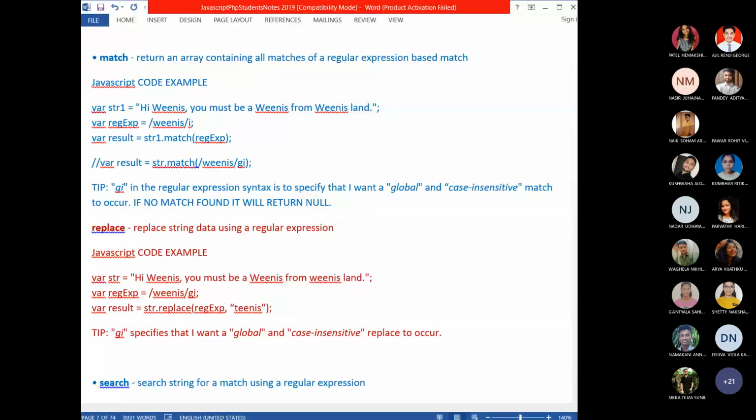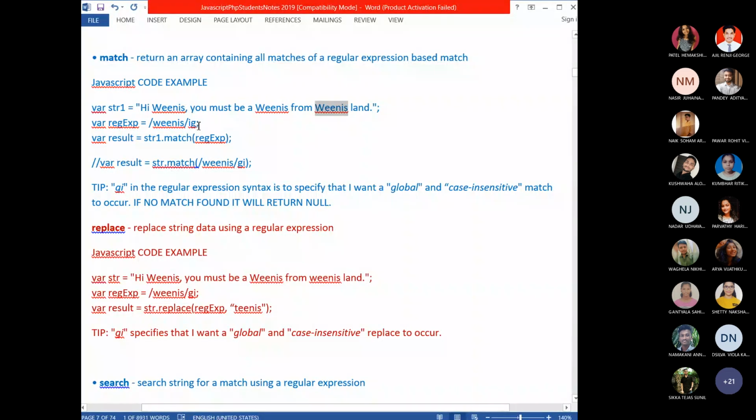Then only, even after finding this match, it will search again the rest of the string till the end of the characters. Then it will find all the three matches, all the three Venus. So that is the use of G. If I give only I, what will happen?